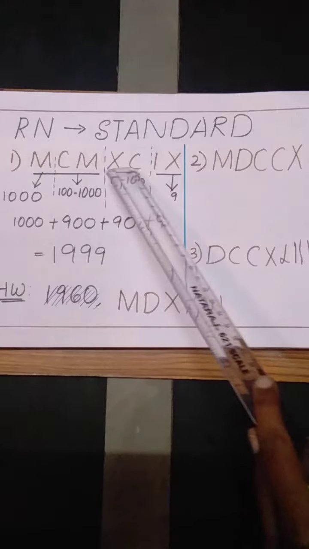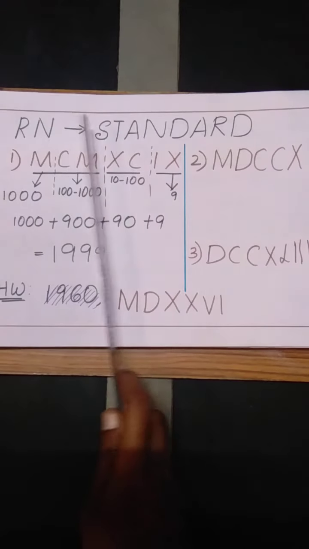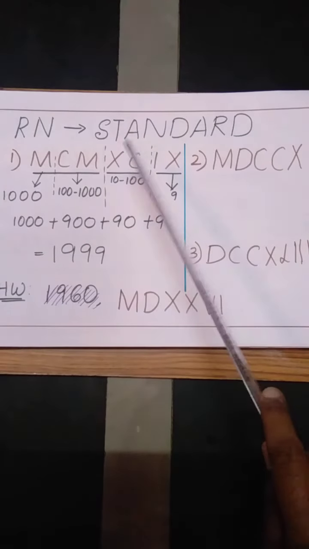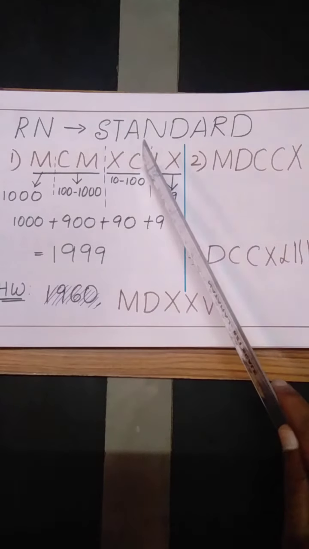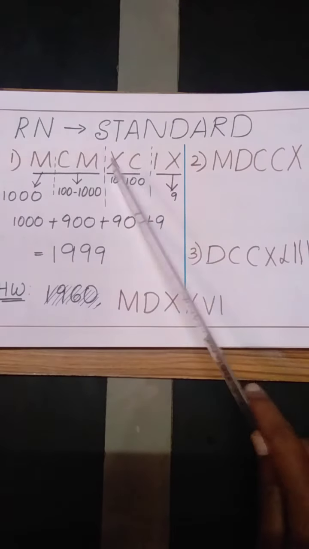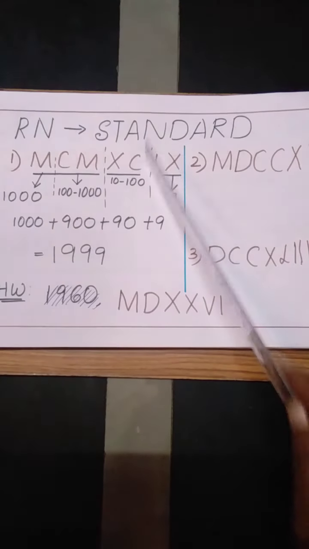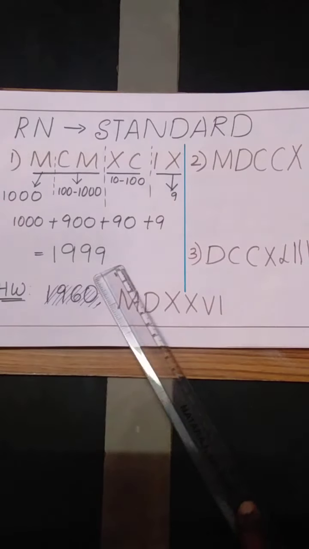And XC is 2 digit. We are dividing this into 4 digit, 2 digit and 1 digit. For C it is 100. It is following the rule of subtract, larger symbol and smaller symbol. So we are subtracting 100 minus 10. It will be 90. And we can write directly the Roman numeral 9. So it will be 1999.